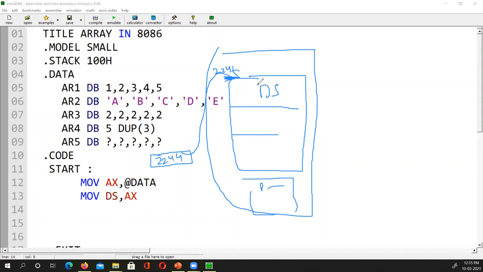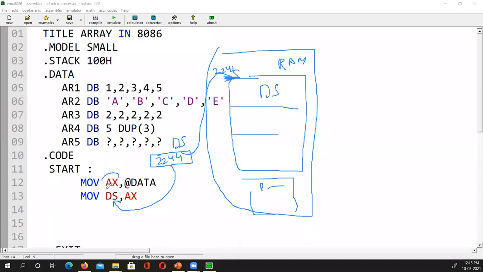The data segment register holds the address of where the data segment is inside the RAM. And for Majid Riaz, who missed the classes, we could have done it directly, move DS, data, but data segment registers cannot access memory directly.